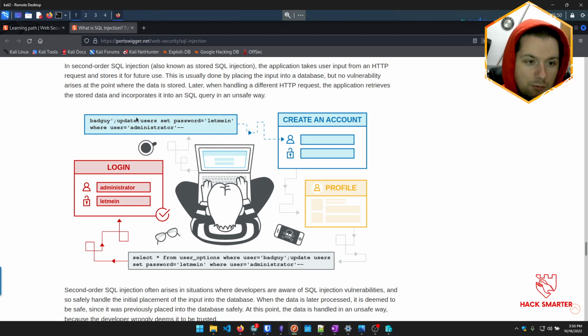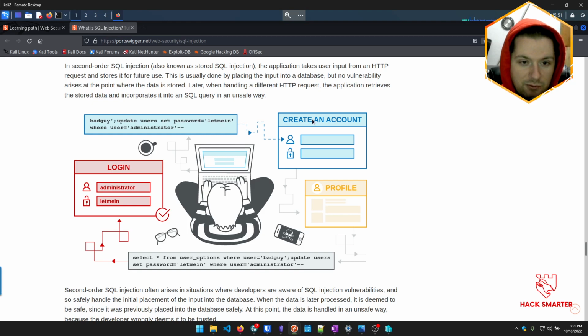So here we have an example payload. It looks like the value that we're providing is going to be bad guy, single quote, semicolon, which I find kind of funny. We haven't been using semicolons this whole time, but they throw one in now. I suppose we are doing multiple actions or multiple queries now, the second one being an update. So